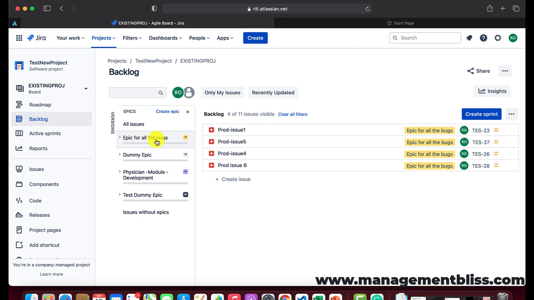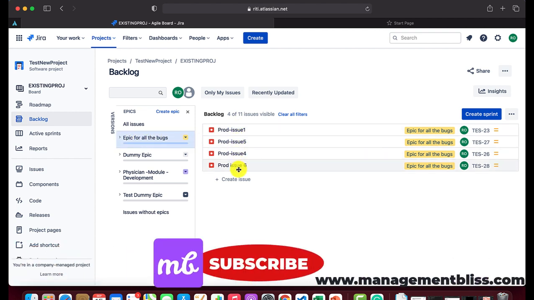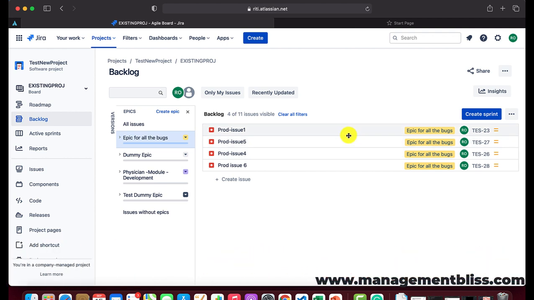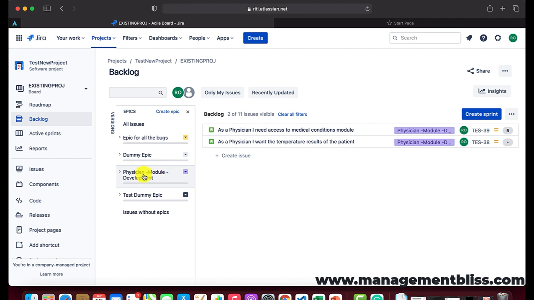When I click the epic for all bugs, it's showing me only those issues, and it gives a nice yellow color which helps me identify just by looking into the backlog that these issues are just for this particular epic. Now again, if I click on this physician module development, a nice purple color on the backlog provides me a view that these two issues are related to the physician module development epic.